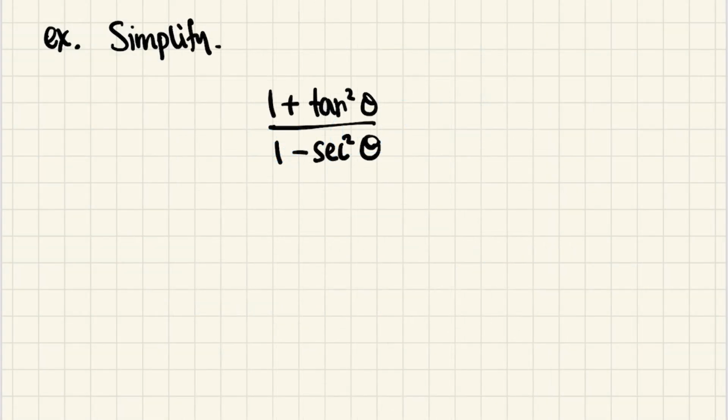All right, let's take one more look at this example. And this time let's simplify it a different way, because I really want to stress that there are many, many ways you can do things in trigonometry. And I encourage you just to follow your nose. Take a look at what you're working with and follow your thought process. So another thing to try, and if you noticed this in the last problem, well done,